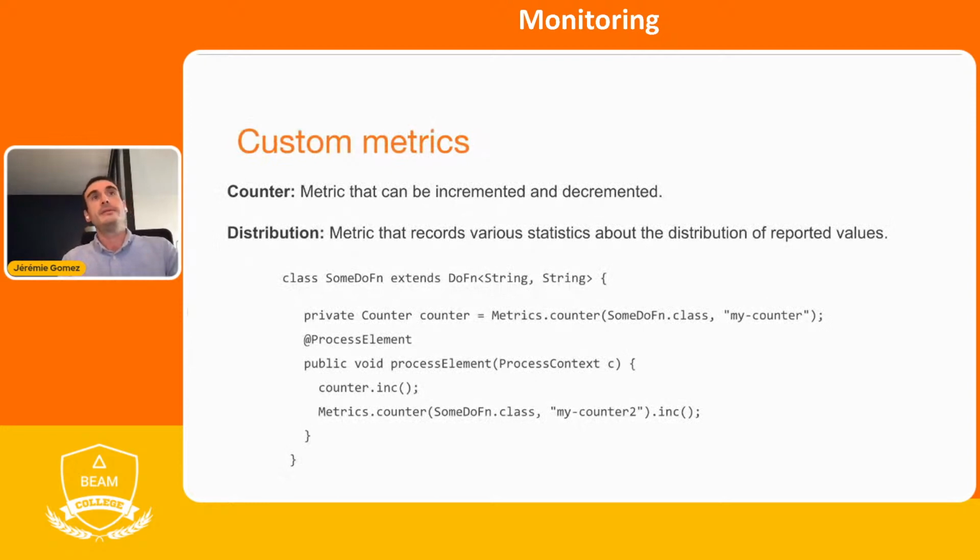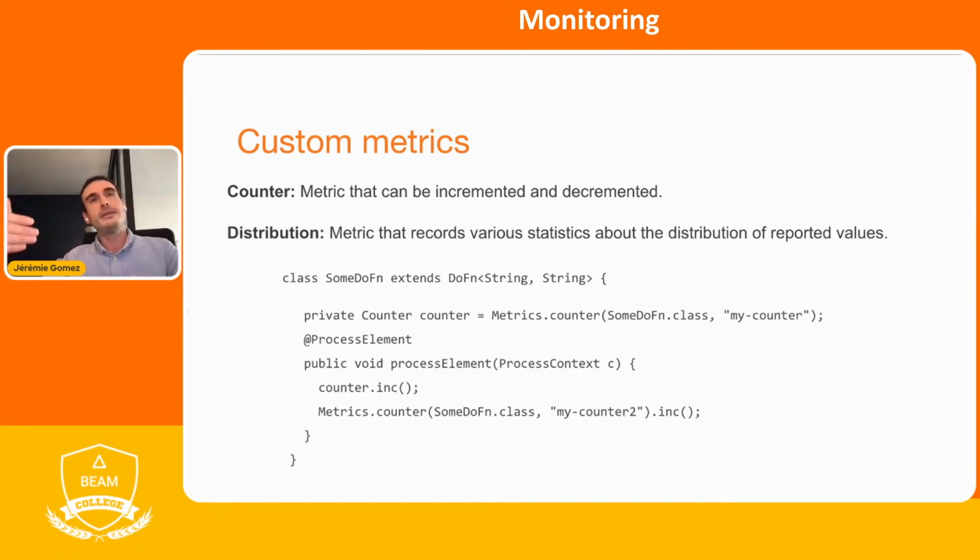And finally, the custom metrics. The custom metrics are metrics that you would define yourself in your own Beam code. In Dataflow, you have two types of custom metrics. The counters, which are metrics that can be incremented and decremented, and distributions, which are metrics that you would update